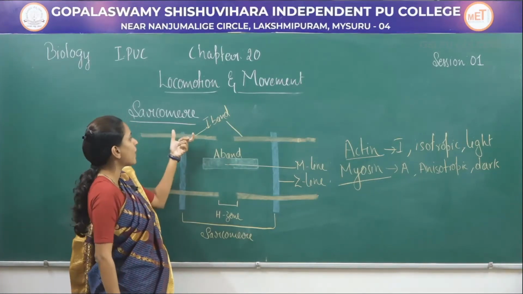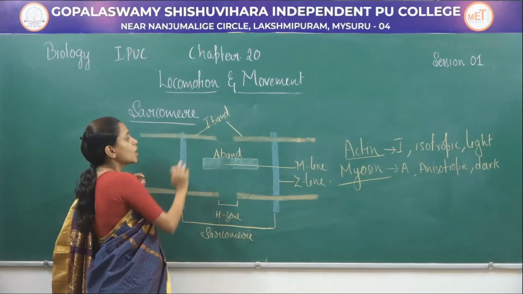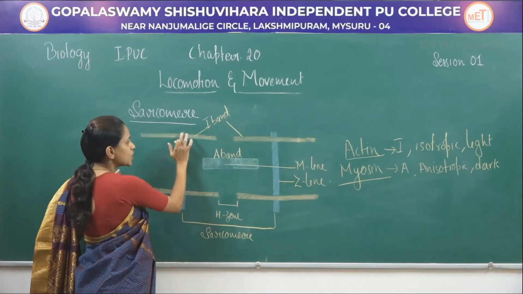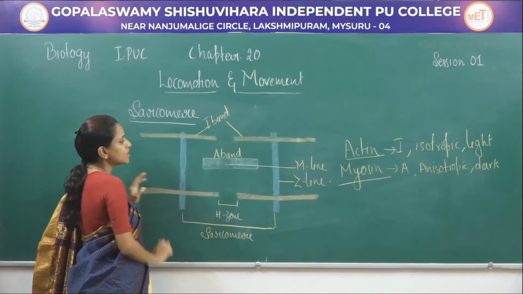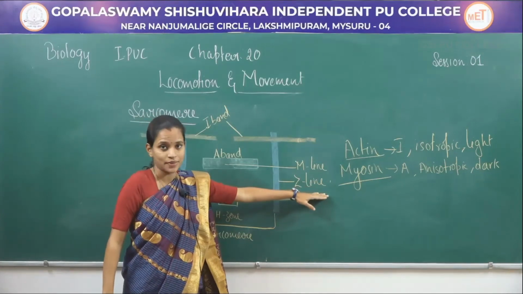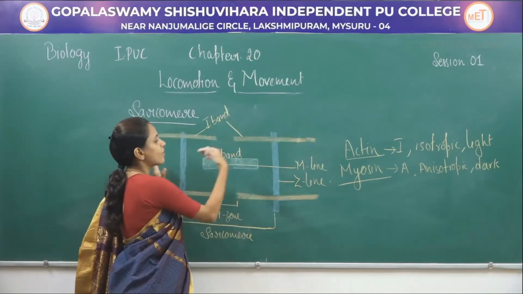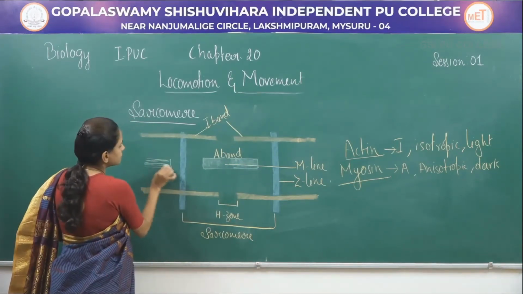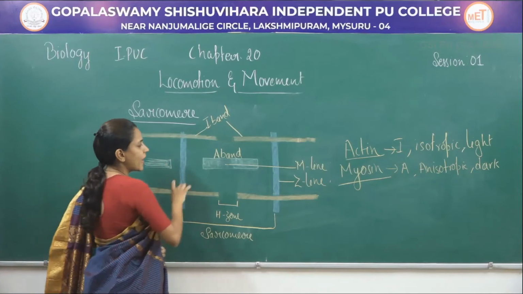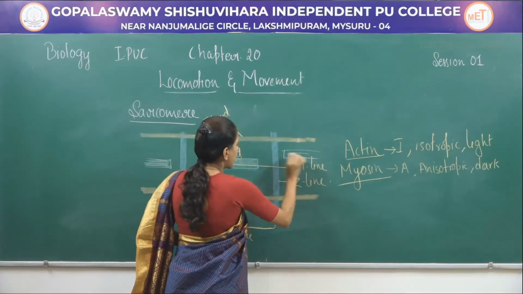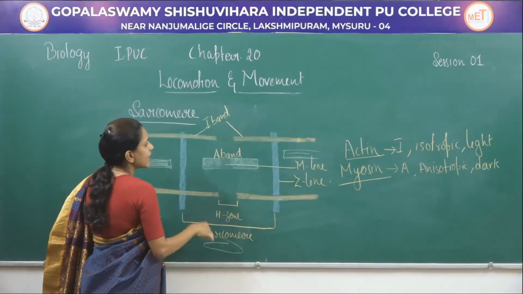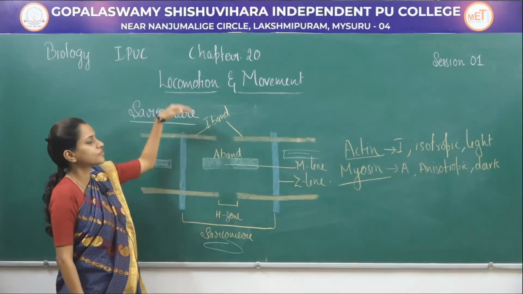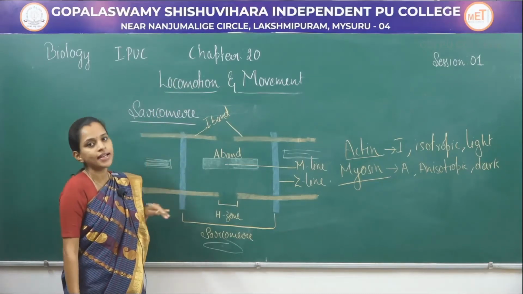The I band is the light band which contains actin molecules. This actin in the center has a dark region which is called a Z line. It is present one after the other. So here it will be again A band, and this side also it will be again A band. Below comes once again the A band, above comes once again the A band. It is a continuous structure which forms alternately dark and light bands.